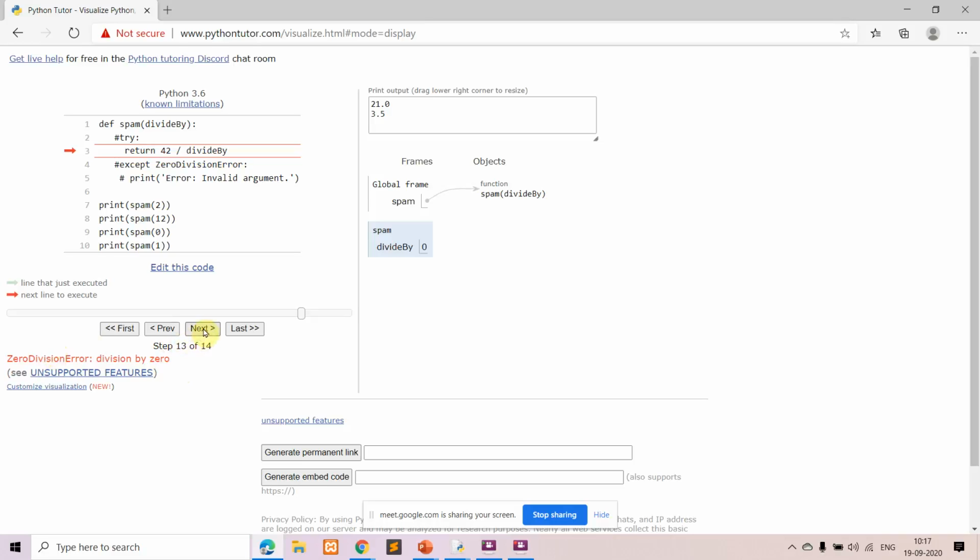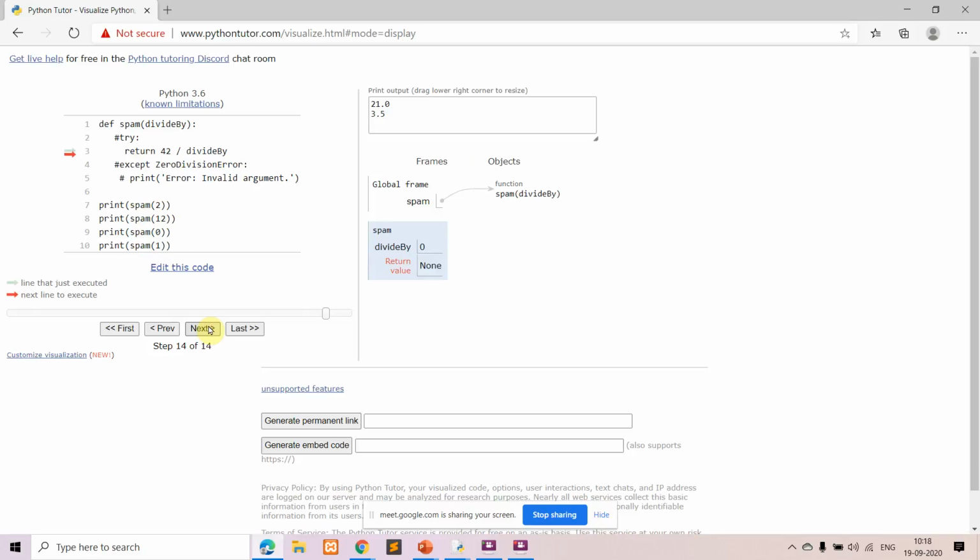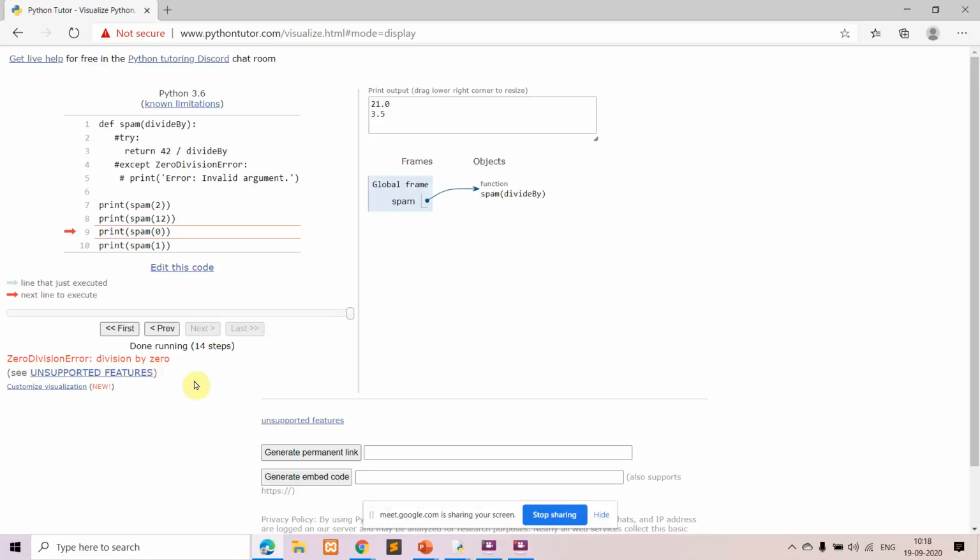So there is an error. So what concept were we speaking about now? We were speaking about the concept called exception handling. That is, in case there is an error, we don't want the program to terminate. We want it to detect that error, handle that error, and continue with the program execution. So what happened here? There was an error. So you can see here your program has been terminated, because there was an error.